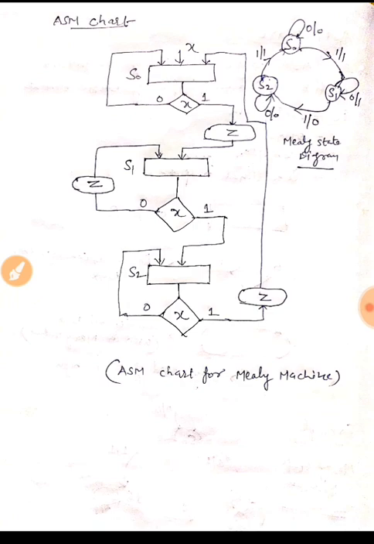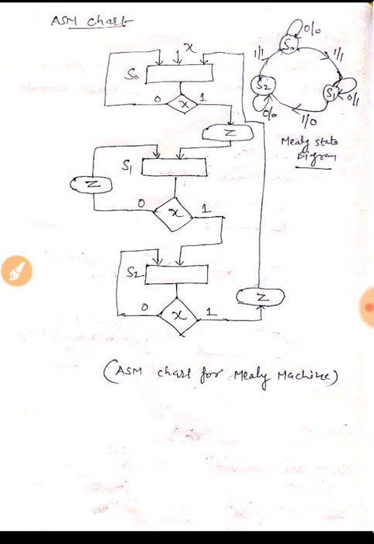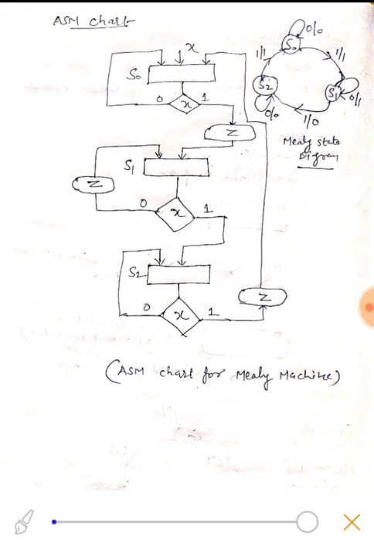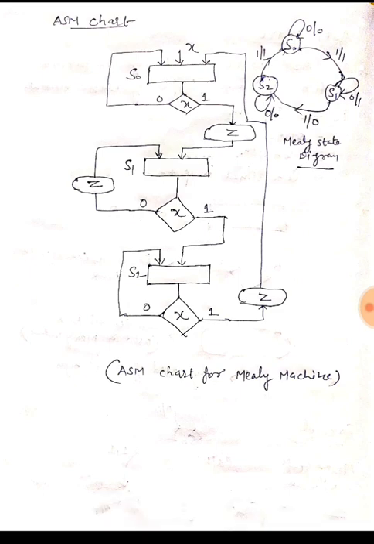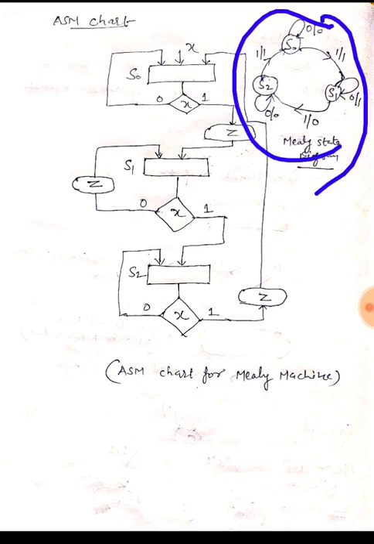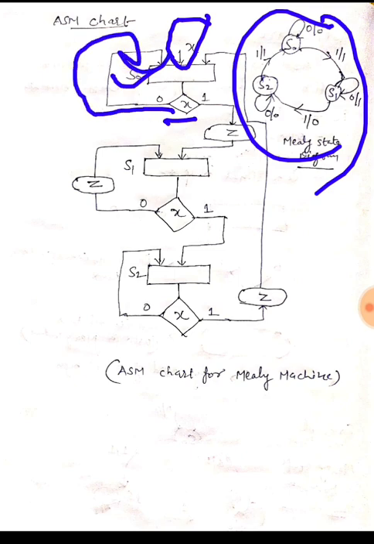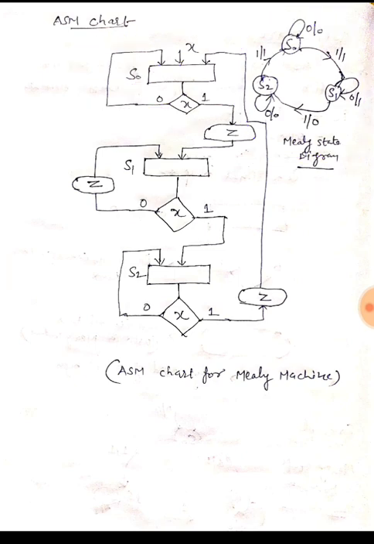So let's see. Here I have drawn the Mealy state diagram again so that it will be easy for us to convert. As we can see, the first state is S0. So this is the state box and this is the input X we are providing. So this is the decision box: if X is 0, the system remains in S0. Okay, if X is 1, then the system moves to state